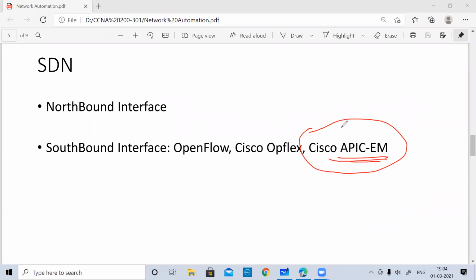So you just go and download the iOS image, and you can install it directly on your hardware, or you can create a virtual machine and import the iOS image of this particular controller and start your SDN solution right away. So no major changes in your system. You just need to go and get it done. The only thing is the requirement is very hefty when you are talking in terms of hardware.